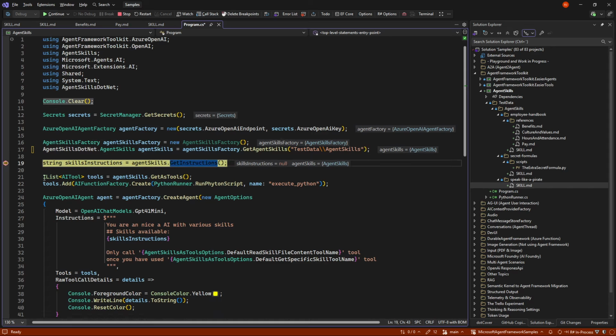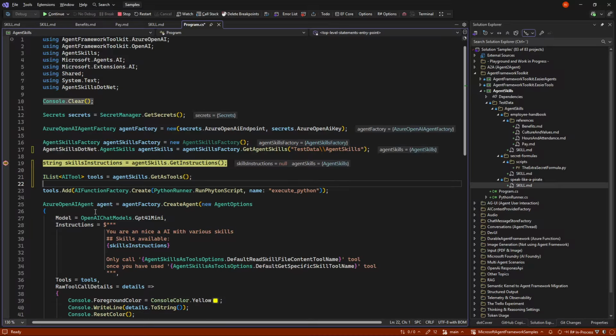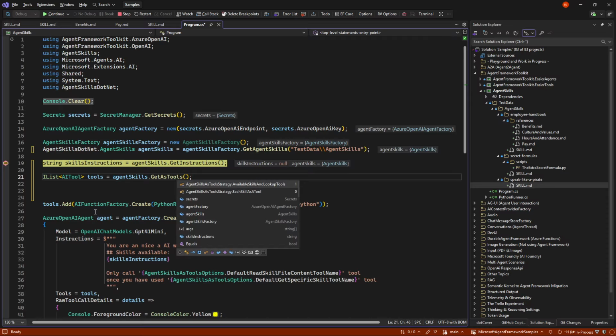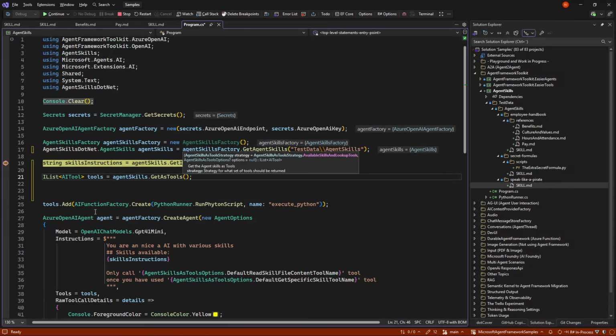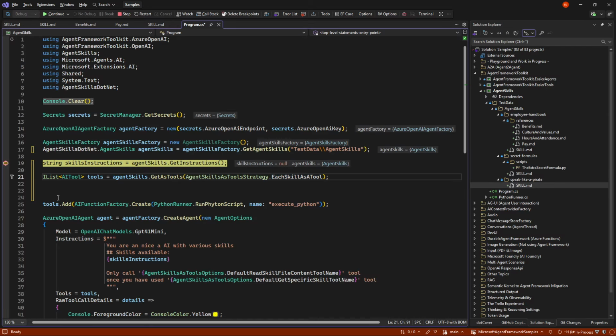Then there's the instructions. There's no special things about that. And then there's the tools, because the tools can get extra setups. First of all, you can get a strategy for how you want to have these tools. And by default, it's using the available skills and lookup tools that we just saw. But you can also say that each skill is a tool. So if we do that,